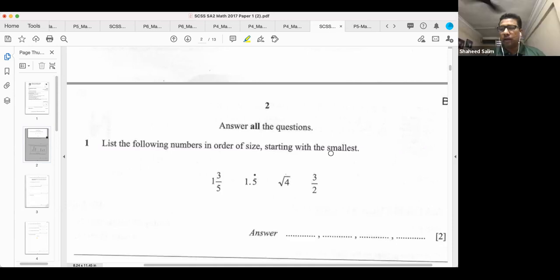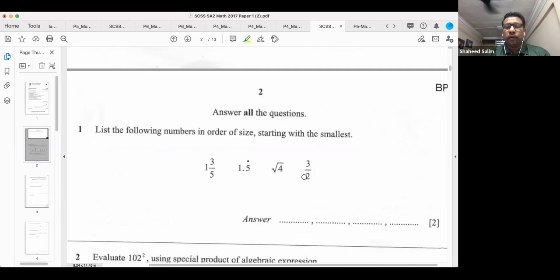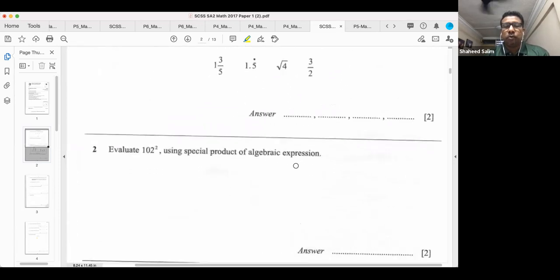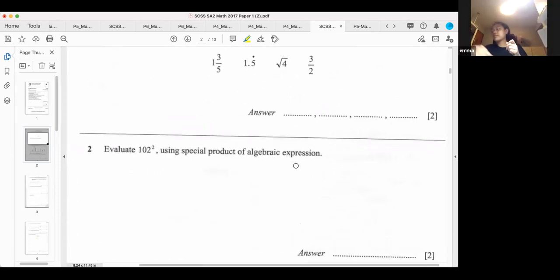1/3/5, and then the last one, square root of 2 or 4. Okay, well done. What about this one, number 2? Do you know how to do it? No. Okay, so